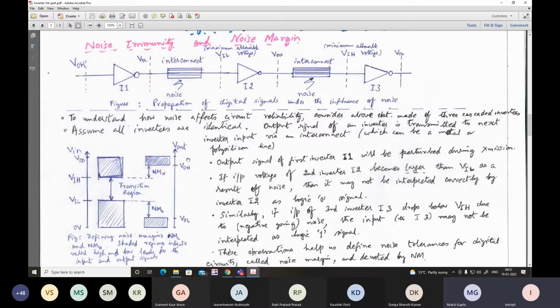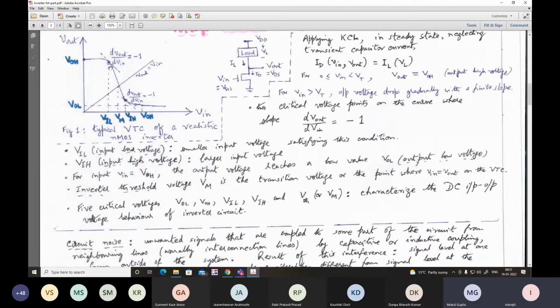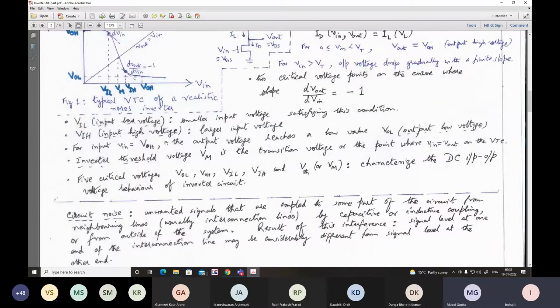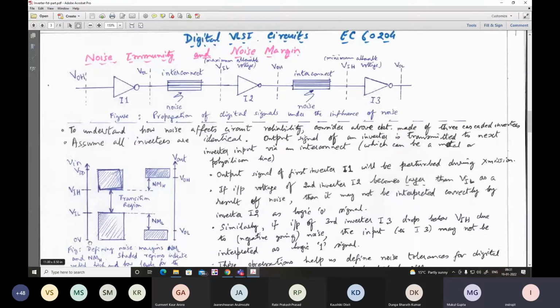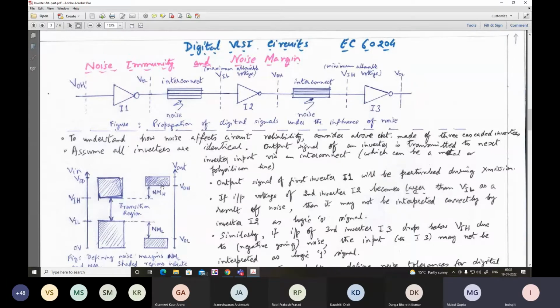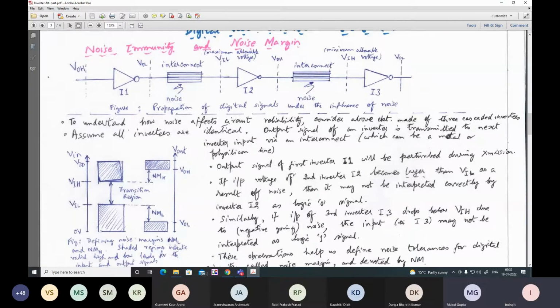See, due to the operation of the inverter, it is found that at VIL and VIH both, the slope equals -1. But now the question arises why the designer has kept VIH and VIL as the boundary of logic 1 and logic 0 respectively. So that will now answer the question why VIH and VIL are kept as the boundary of the logic 1 level and logic 0 level respectively on the input side of an inverter, and for that matter any other gate also.